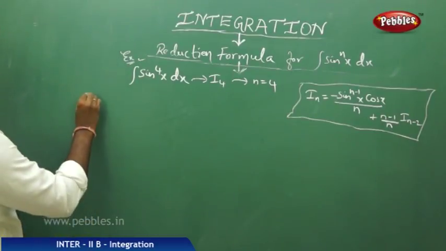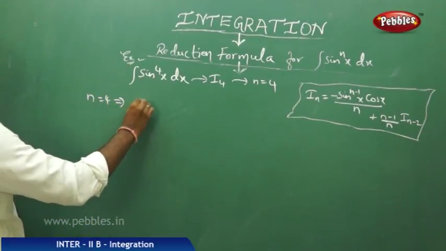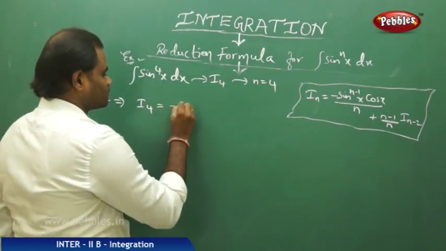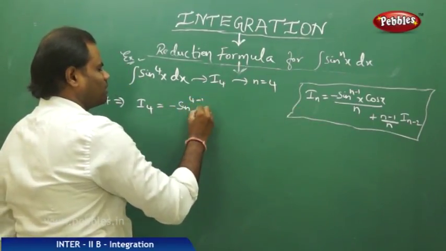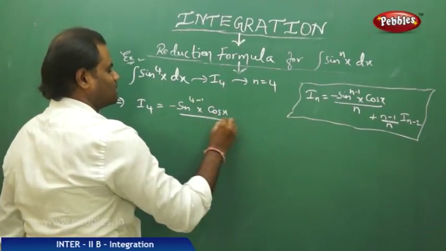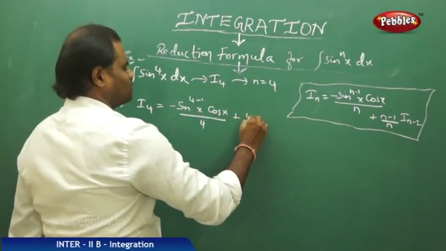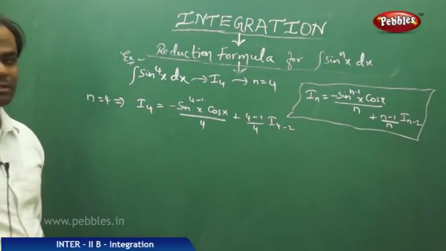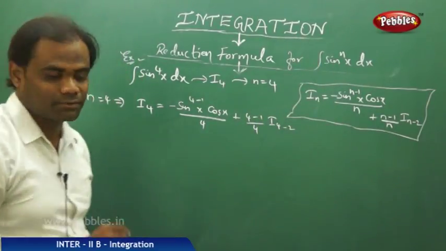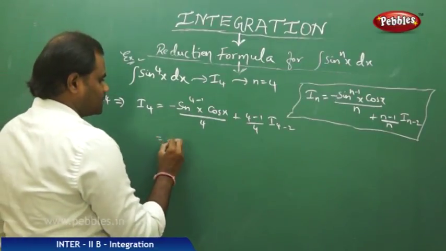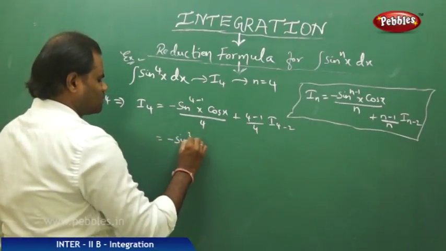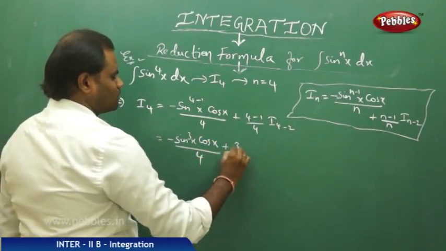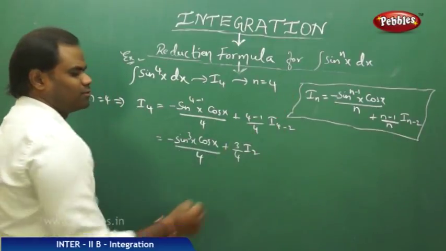Taking n equal to 4, I get my I4, which is reduced to minus sin^(4-1)x cos x by 4 plus (4 minus 1) by 4 of I2, by substituting n equal to 4 in the reduction formula. Now this would be by 4 plus 3 by 4 of I2